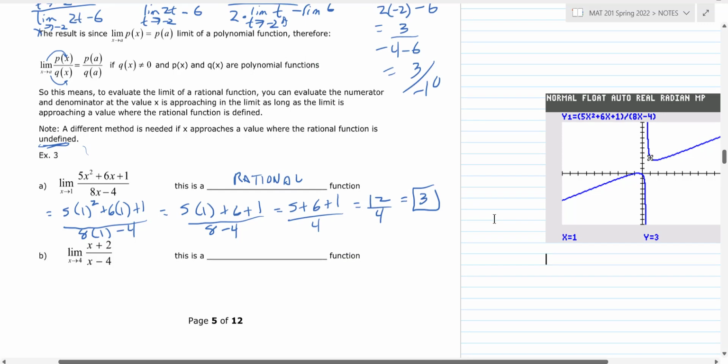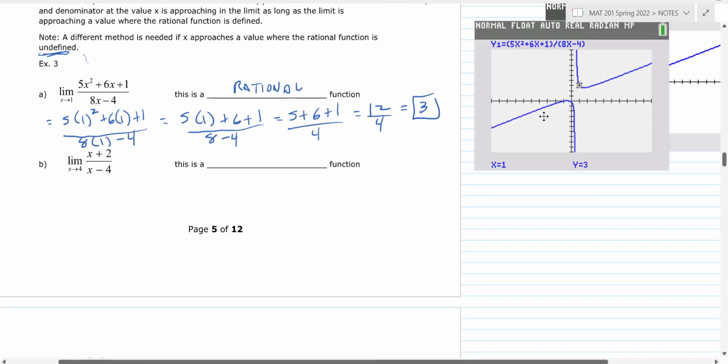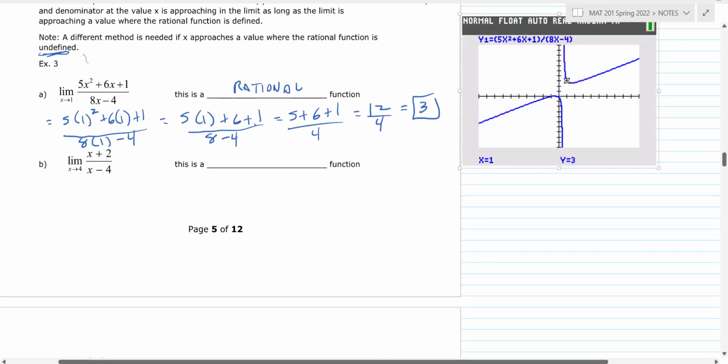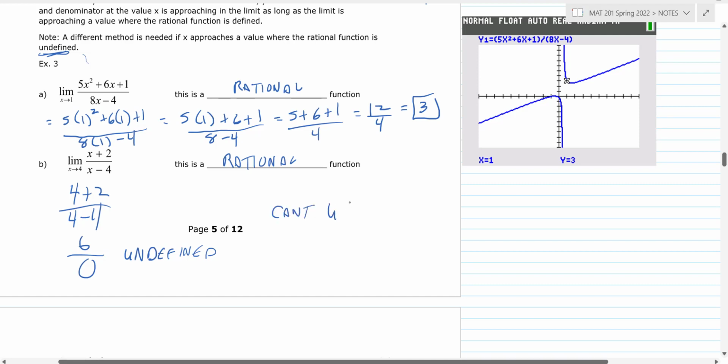Okay, all right. The next one would go like this. And again, this is another example of a rational function, so you are allowed to just plug this in. Now, if you plug the 4 in, you're going to have 4 plus 2 over 4 minus 4, so you get 6 over 0, so you're undefined. Now, we're not going to learn how to do this limit in this section, so we can't use this method